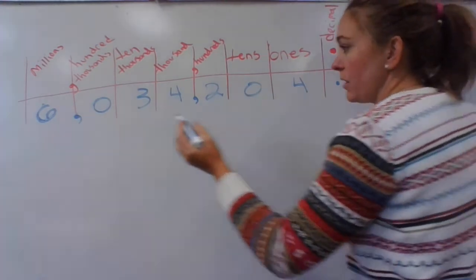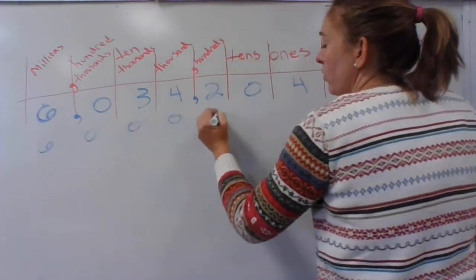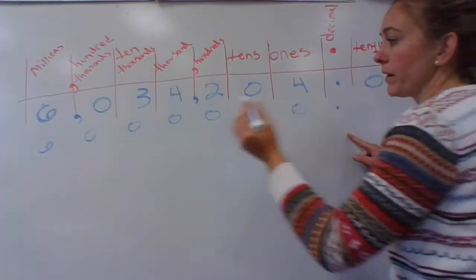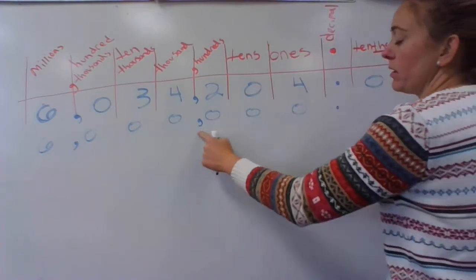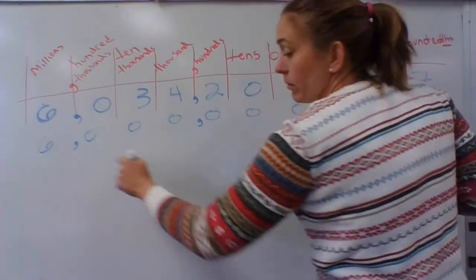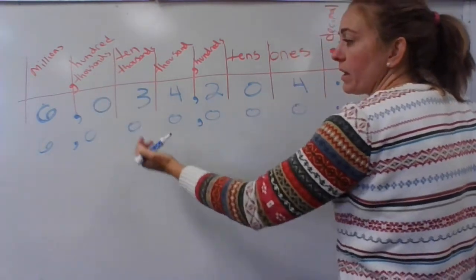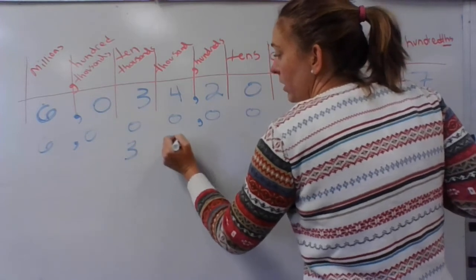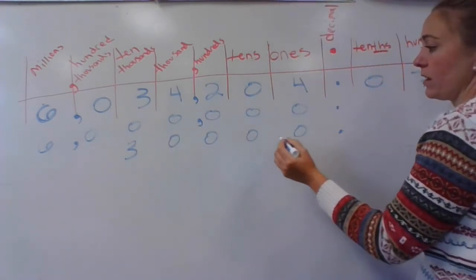So if I were to write this out like before, where we'll show you what the place value would be, this would be 6 with 1, 2, 3, 4, 5, 6 zeros after it. And don't forget the commas. 6 million, every 3 has a comma. 1, 2, 3, comma, 1, 2, 3, comma. Then I don't have anything in my 100,000, so I'm going to leave that blank. And I'm going to go to the 3 in the 10,000s next. So 3 with 1, 2, 3, 4 zeros to get to the decimal,